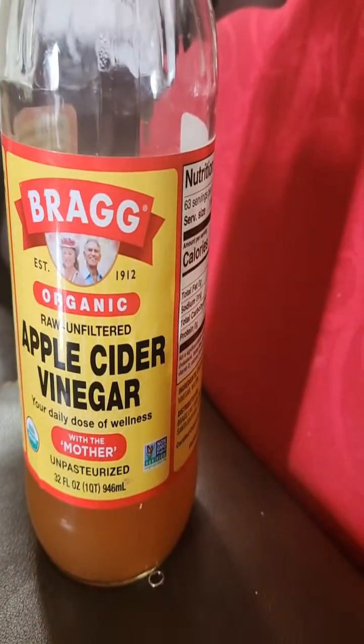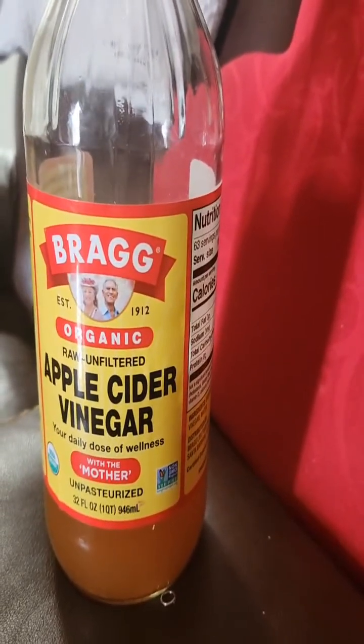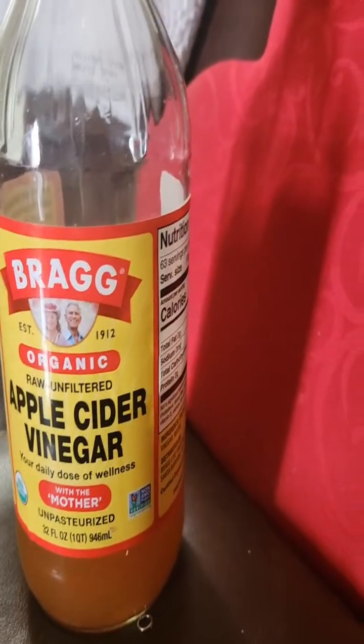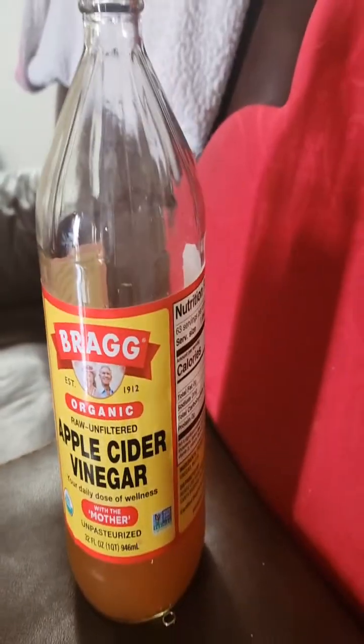Yes, this here is Bragg's apple cider vinegar organic, and you can buy it at Kroger, and it goes pretty fast here. We use it for our dressing, for salad, and also I'm just now drinking a glass with 2 tablespoons. It's almost empty, and it says it's taken best